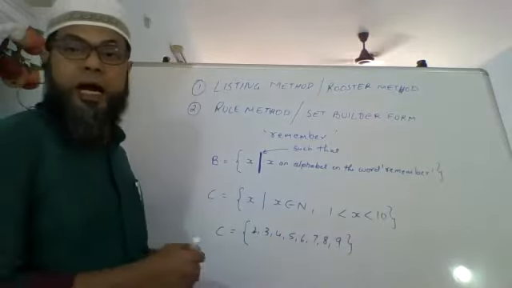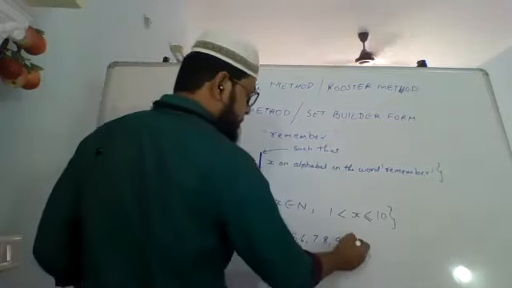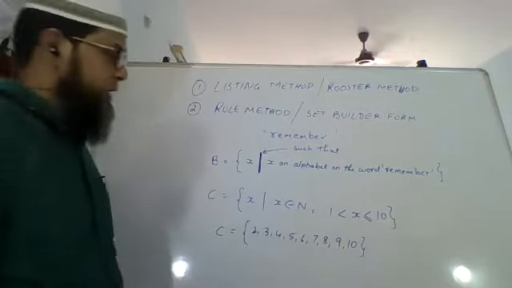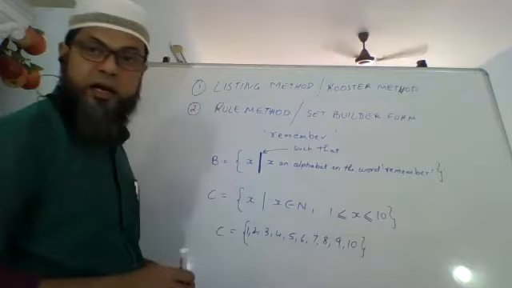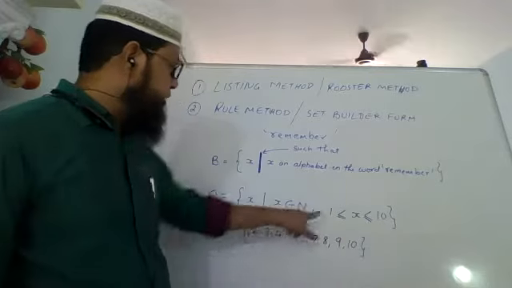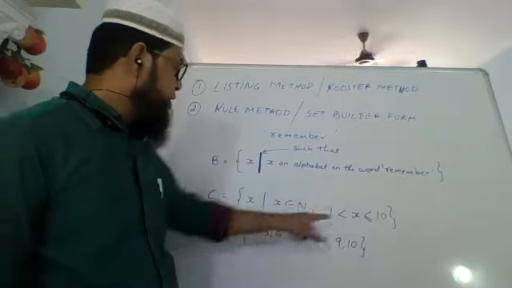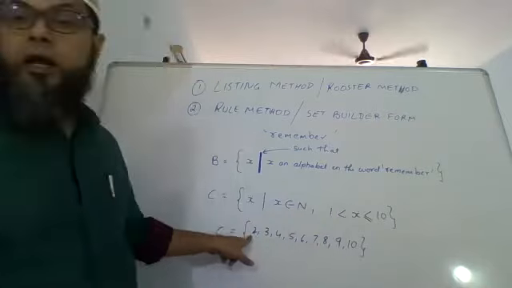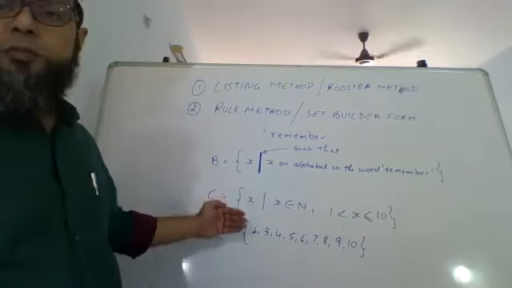But supposing यहाँ पर ही अगर ऐसा रहता less than equal to, then I would have 10 also over here. That's the difference. And if it was like this, then there would be 1 also over there. Are we clear? These signs are going to matter. ये बहुत important रहने वाले. This will tell us whether 1 will be there or not there, whether 10 will be there or not there. If equal to का sign है, then it will be there. Equal to का sign नहीं है, it will not be there. Is this clear?